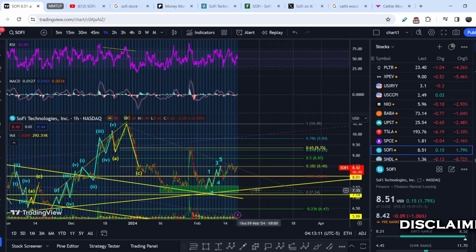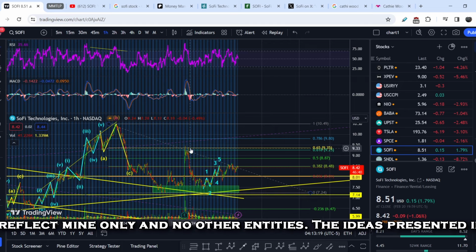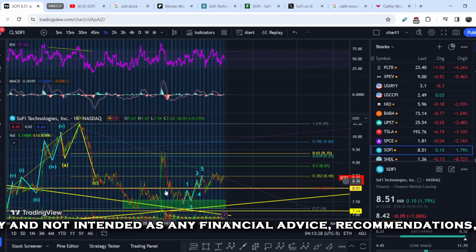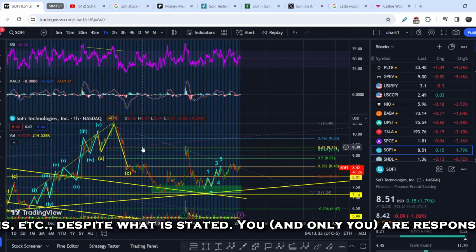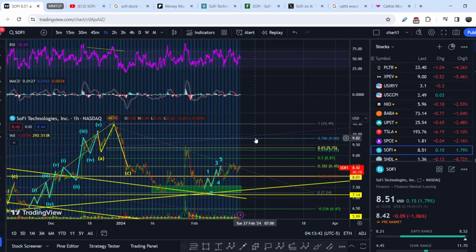So guys, we are in nowhere territory because if we try to count the movement to the upside from this low, we can see only two waves. And we know that we cannot have two waves in an impulsive wave. And then we have a breakout below this previous bottom. This means that as a motive wave, this movement was invalidated. And if that is the case, guys, we are potentially in trouble because we might have 5 waves in the trend direction and 3 waves in the opposite direction. And this means for now, as long as this pivot holds and this pivot holds, we cannot assume any